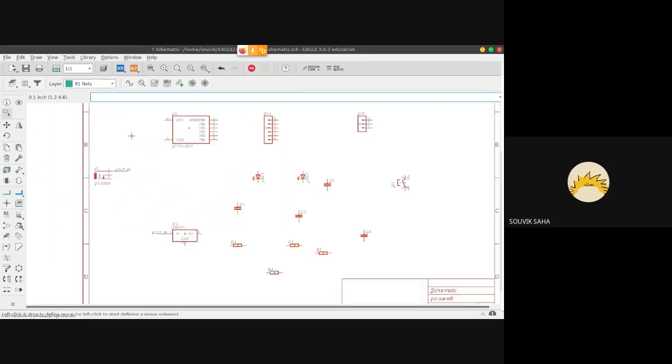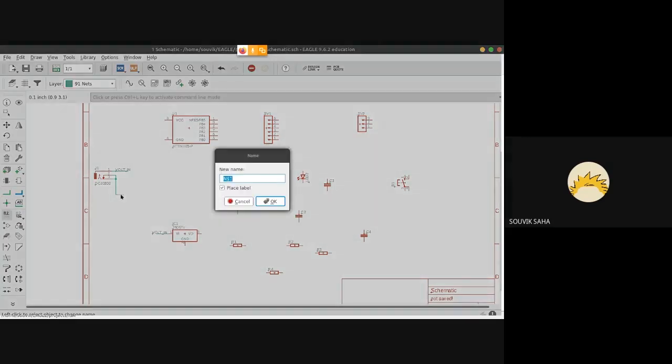So what I want you all to do is you have the schematic in front of you. I want you all to try and replicate this on your own. So I'll just do the ground pins for you, I guess. So pin 2 and 3 of the DC jack have to be shorted first. You have to short them. And then let's name this GND for ground.